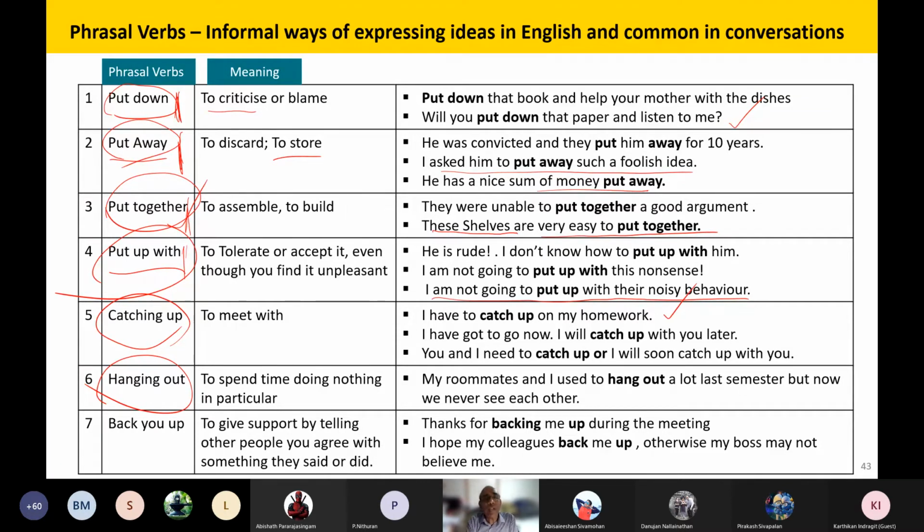So hang out means you meet with a friend and say, let's hang out. Nothing wrong with the English, let's hang out. What does that mean? All of you friends are together, walking around, going around the shops, not buying anything, just window shopping, looking around, coming back, walking and talking. That's what hanging around means. You're not really doing anything useful, but as friends together, walking around, cycling and talking,